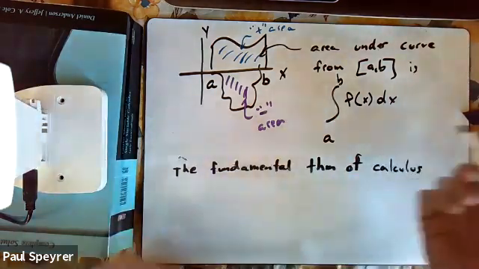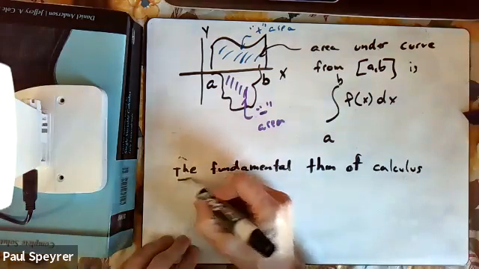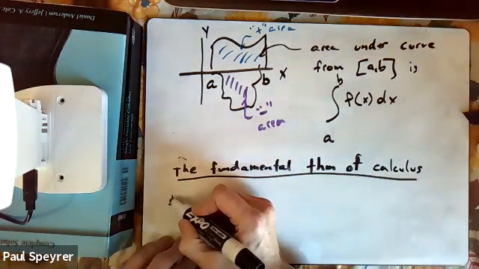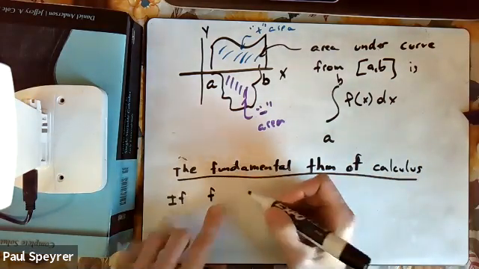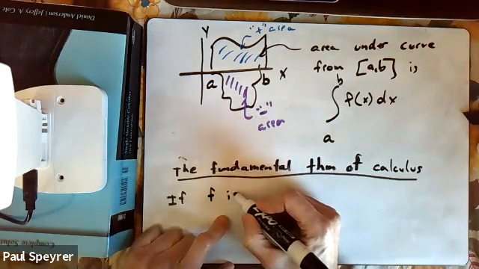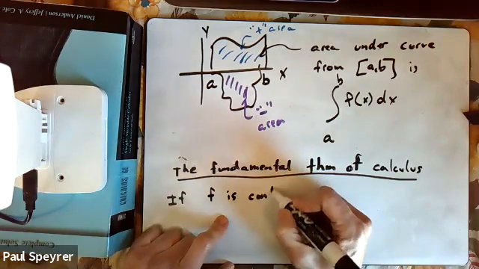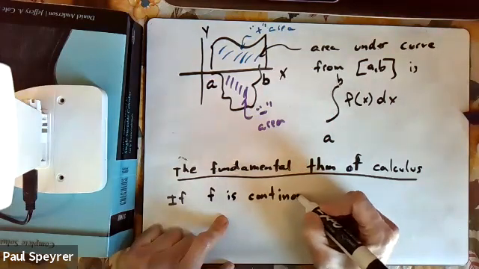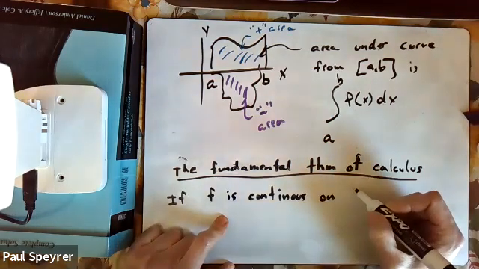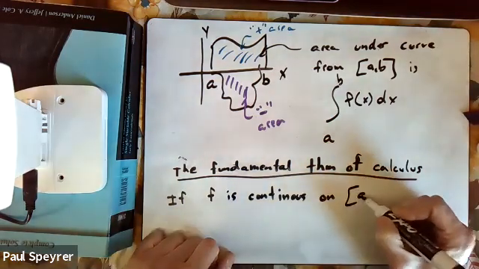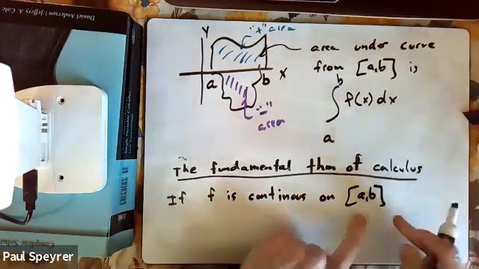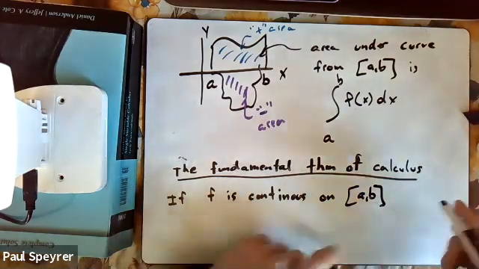So what does the fundamental theorem of calculus say? It says if f is continuous on some interval [a, b], notice it's included, because we have brackets,